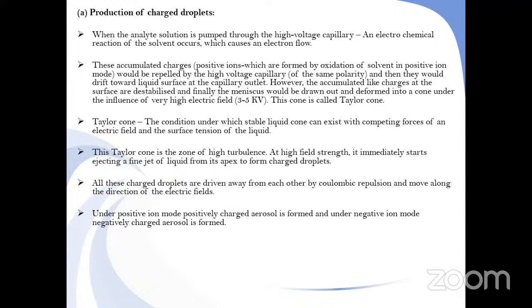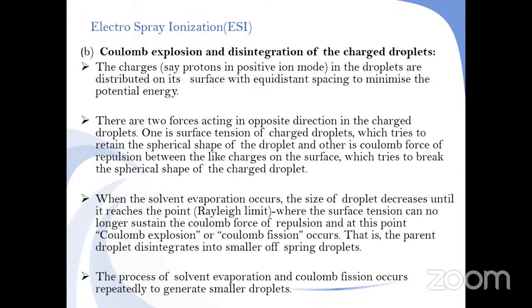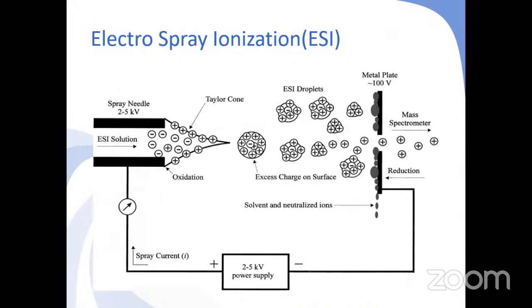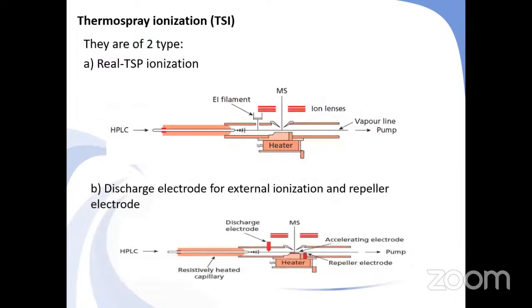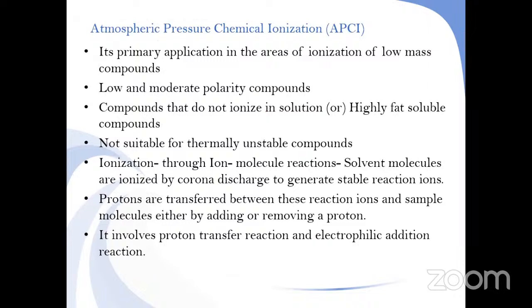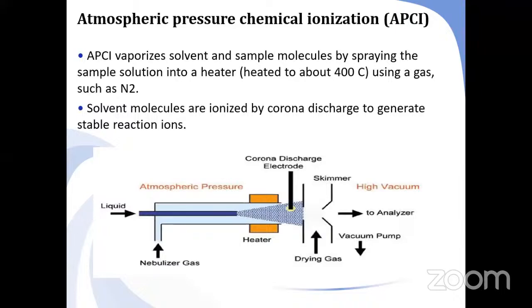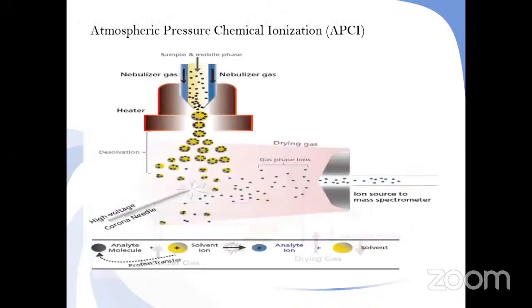Highly polar compounds are generally done with electrospray ionization, whereas moderately polar compounds which are stable we can apply with thermospray ionization, whereas low and moderate polarity compounds can be applied with atmospheric pressure chemical ionization. This is not suitable mainly for thermally unstable compounds. Only for compounds which are thermally stable is the APCI